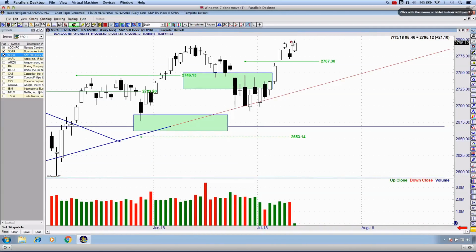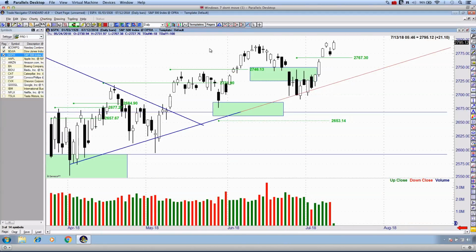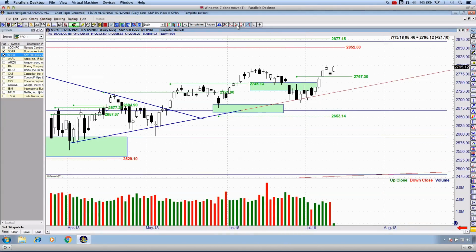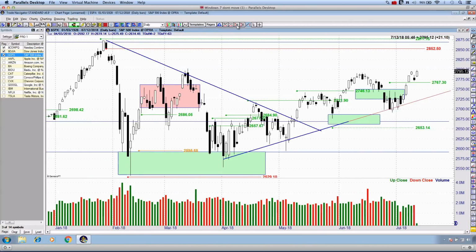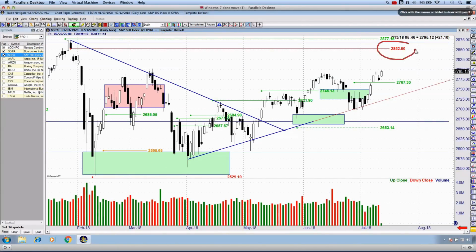What we've done today is close above the closing price of Tuesday, and this is now the second time that we have broken above the swing high in the period of June. Why is this important? Essentially, it opens up the door for this market to gallop very quickly up to close this gap that we've been speaking about for months now, 2,852. If we get really any definitive movement above what we saw during today's session on Thursday,